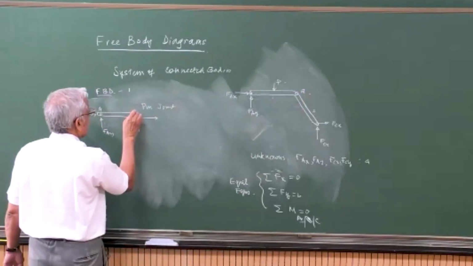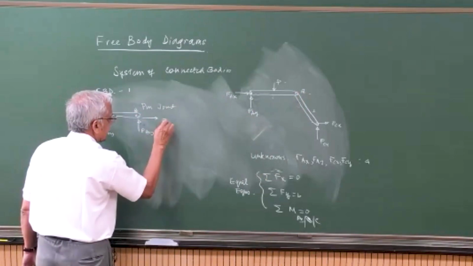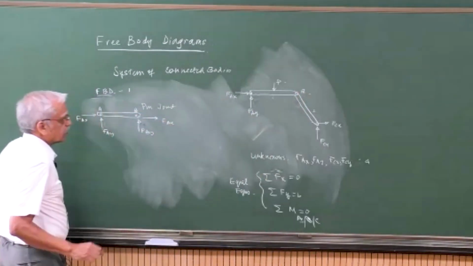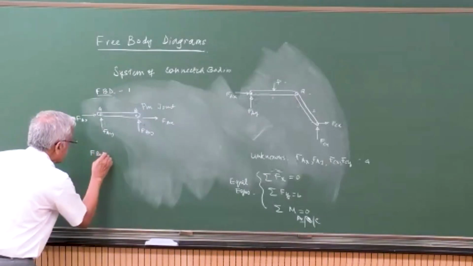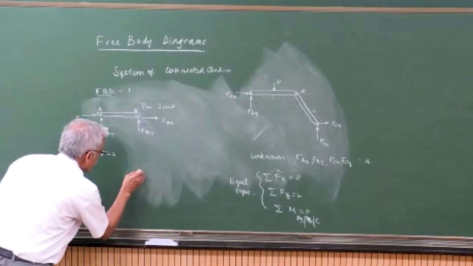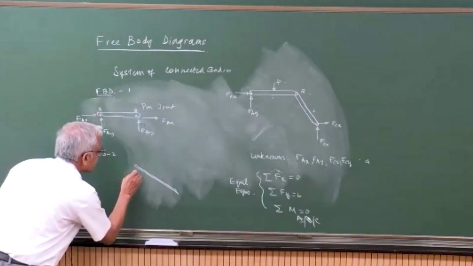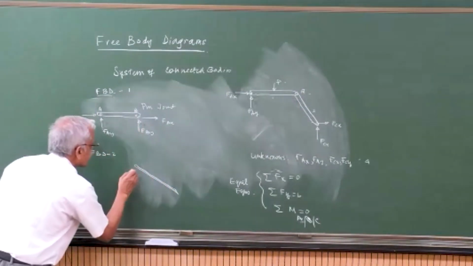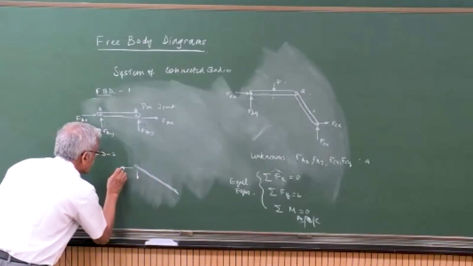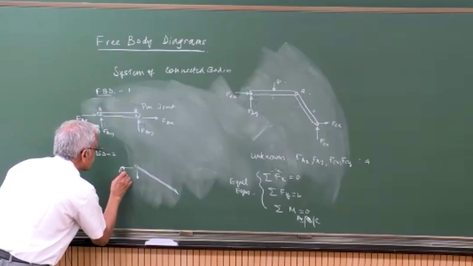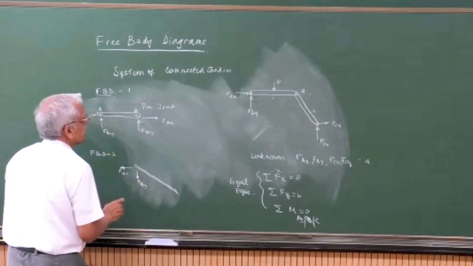So at B, we have again Fby and Fbx. So similarly for BD for 2, so here you have, so I have to show this, and